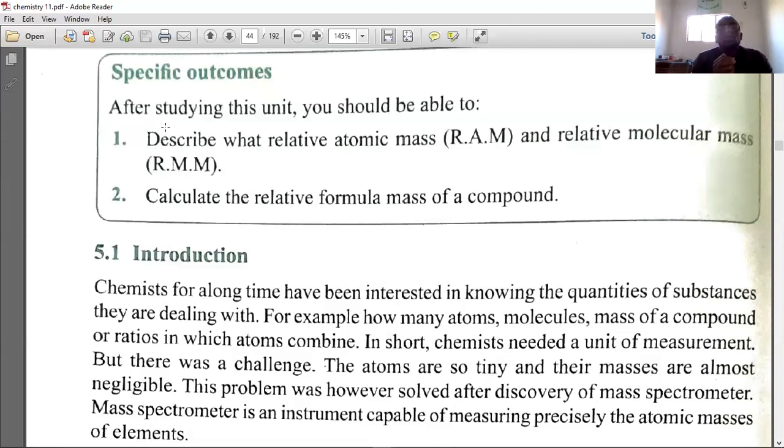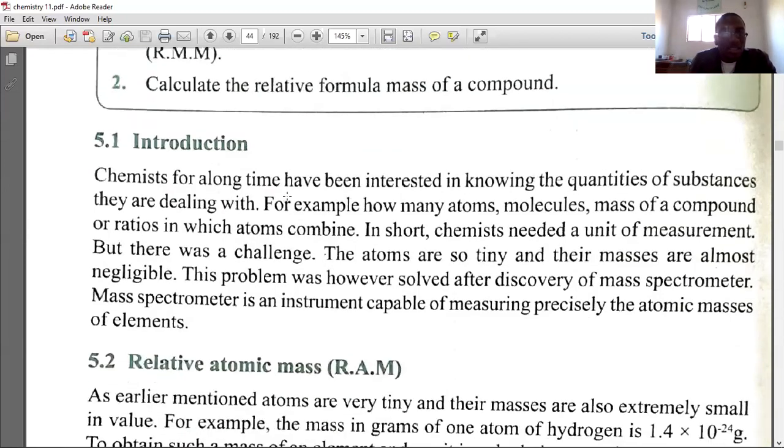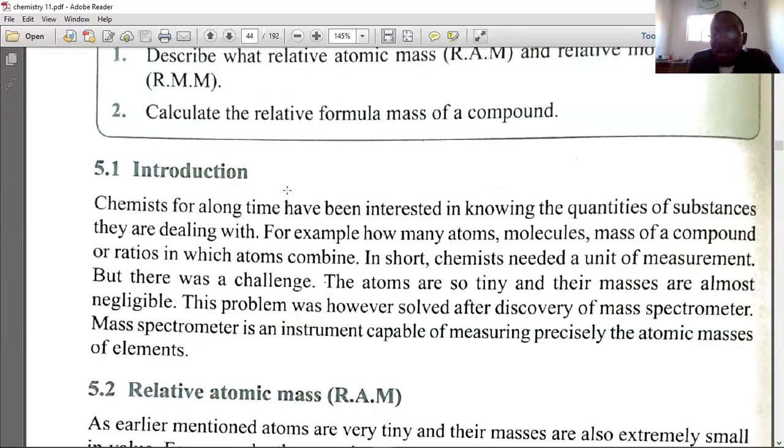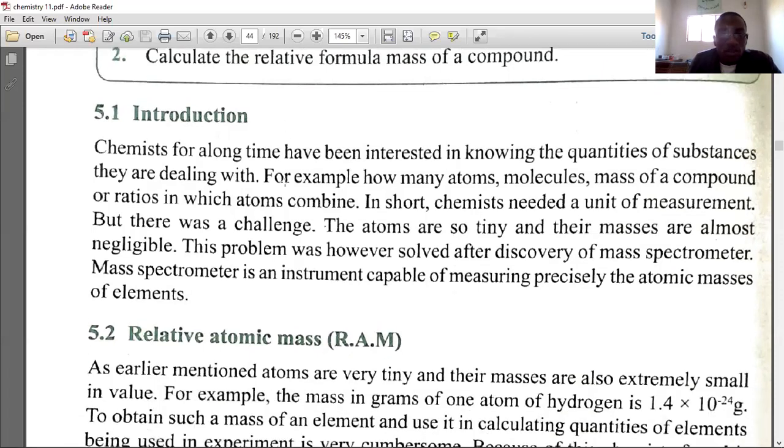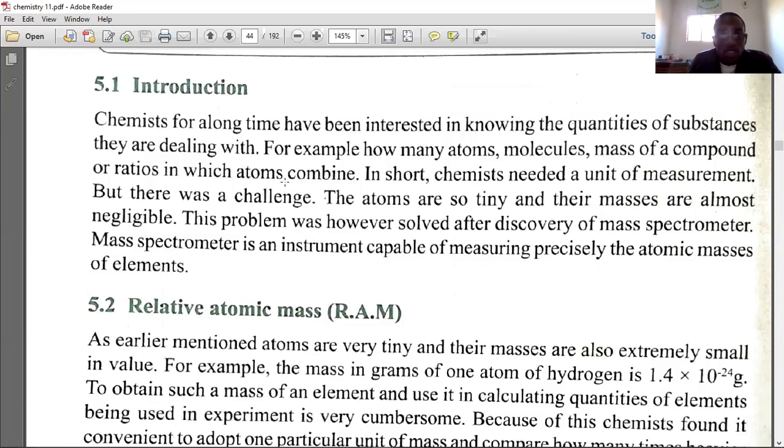So we're looking at the relative atomic mass and the relative molecular mass. There is need for us to understand where the relative molecular mass and relative atomic mass come from and how to derive and calculate them. But before we do that, allow me to briefly talk about the introduction, or the inspiration,